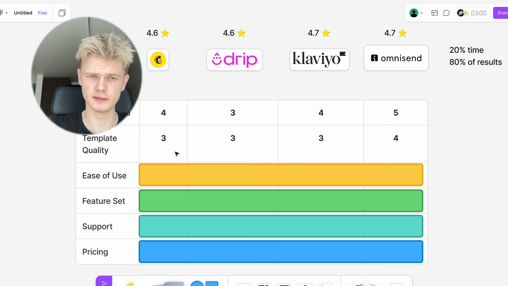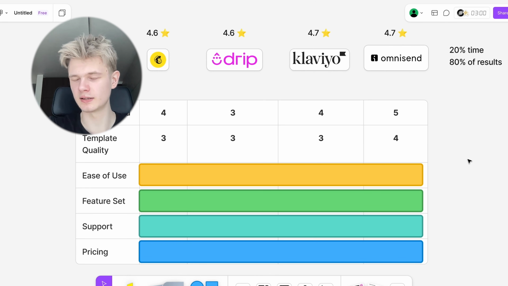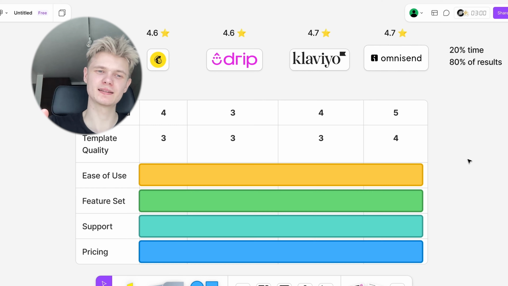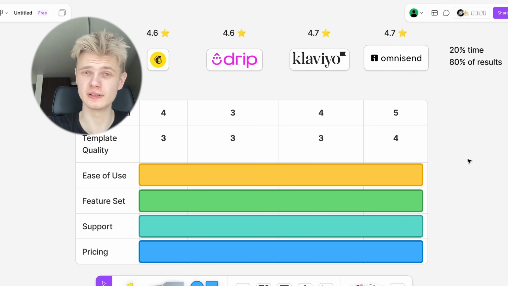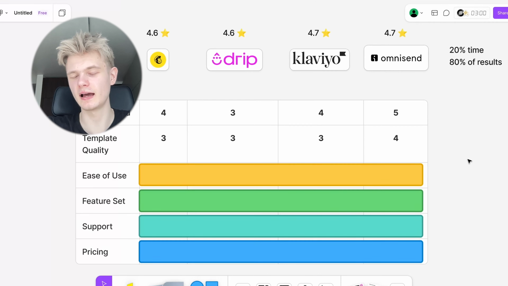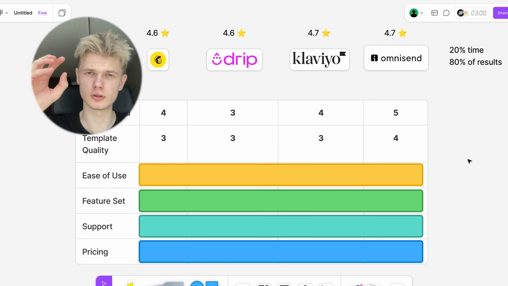And then there is template quality. So what is template quality? Template quality is the quality of the templates. Basically, what I mean by that is most of the templates in most of the email marketing platforms are, well, they suck. The templates are created from emails that other brands send most of the time, which means that they are not unique. People won't remember you, and most of the time it is just a much better decision to hire an agency or an email designer in your team.